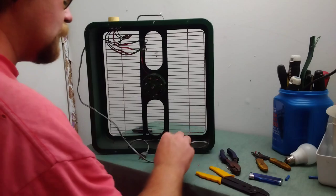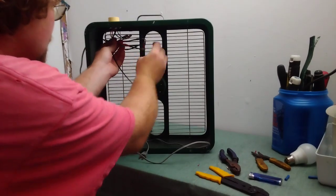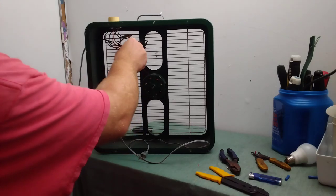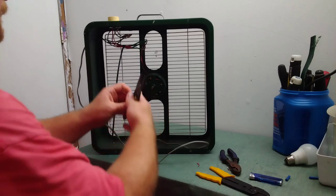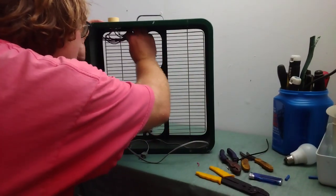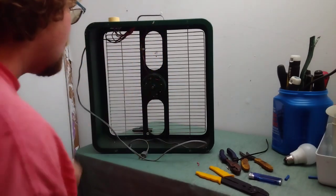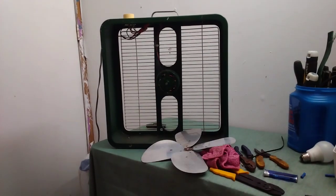Okay, so the last thing that we're going to do is I'm going to use this twist tie here. Just, yeah, I think I got that right. Alright, I think that'll work. Okay, so